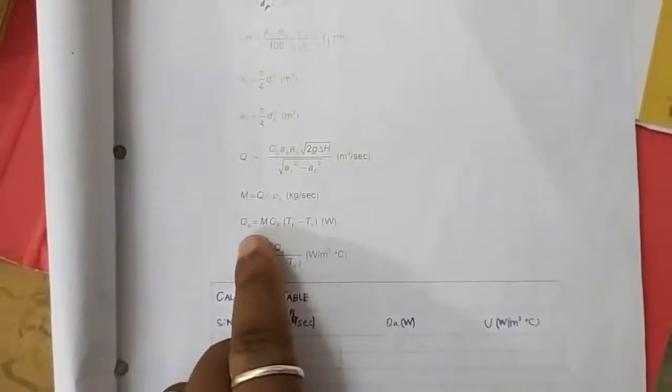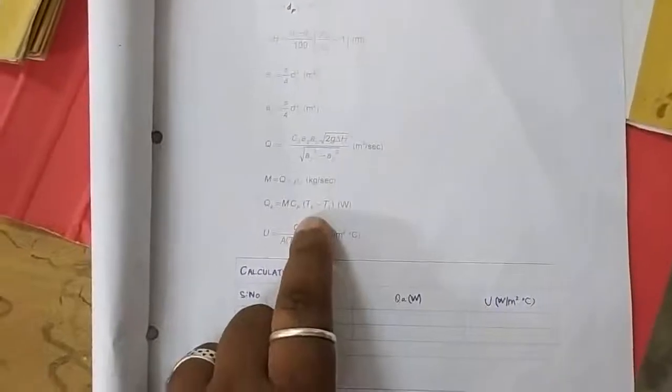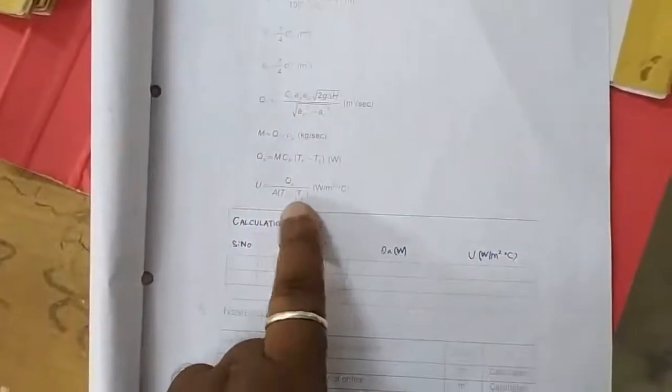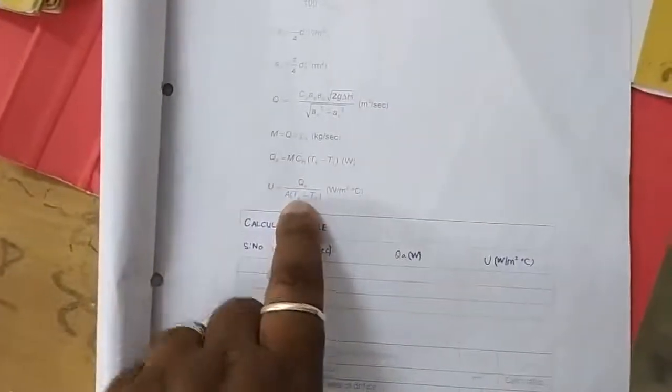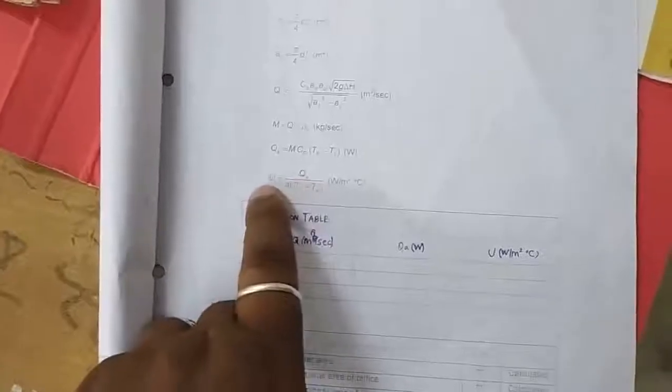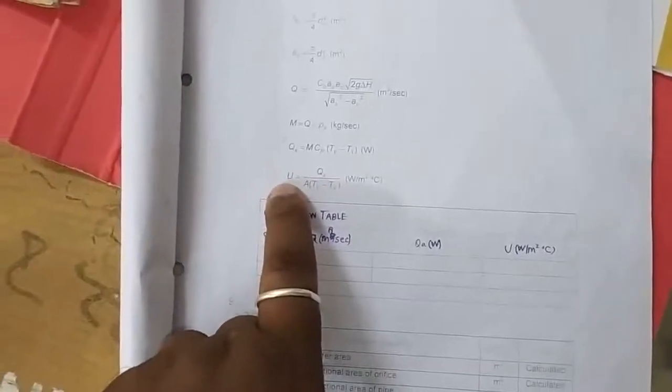Then with the formula m Cp dT, we can find out the heat input. Now, after finding out the heat input, if we put it in the heat transfer formula again, we can find out the heat transfer coefficient of this setup, or the cylinder that is attached in this setup. Okay, thank you.